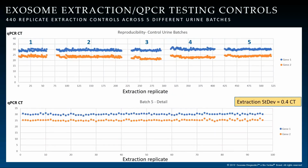Often when we talk about exosome isolation platforms, you hear that some people think that exosome isolation is a complicated, cumbersome process and it's not standardized. However, we've proven over the last 10 years that that is not the case. Exosome isolation can be very easily standardized, and here's an example of real-world reproducibility, basically, where I pulled